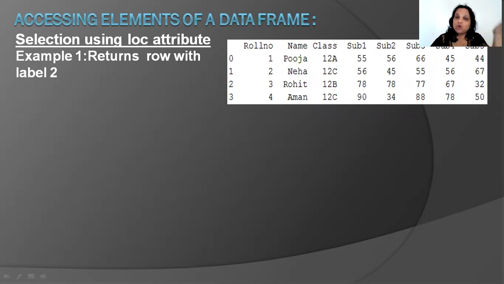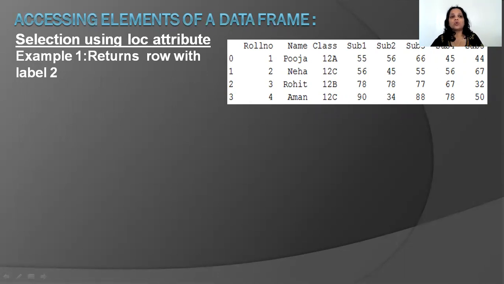But in case you have not given an index label, then by default, it will use the numbering that was generated. So in this example that you see here, we do not have an index label. So it's the default numbering, which is 0, 1, 2, 3. Okay, but loc works basically on index labels if it has a label. Now, since it doesn't have a label, it works on the default numbering as well. Okay, so now what do I want to do according to this example?